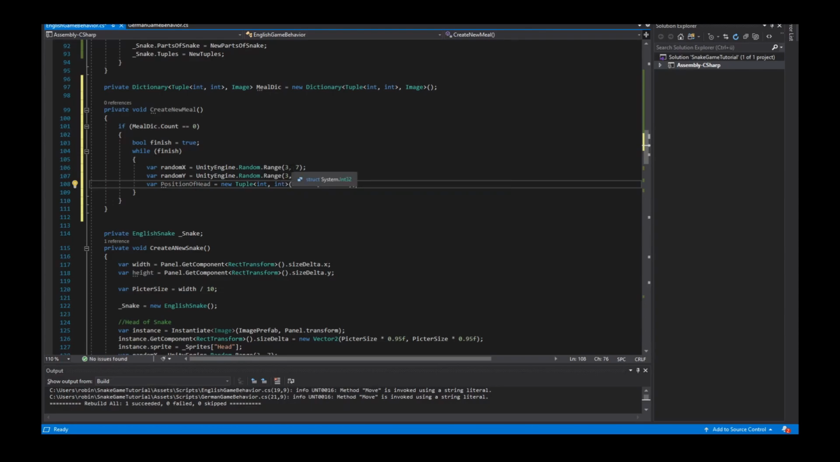So the position of the meal is possible on every place except on the border of my game. So every position with 0 or 9, that's the border of my game, and there can't be a meal because the snake can't access this border at the end of the game. So the apple can reach position 1 to 9 exclusive, and also for the y-axis position 1 to 9 exclusive. So then I have a position of meal,